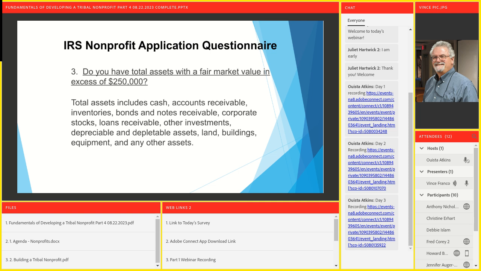Again, for a new entity wanting to be a nonprofit, this is probably a moot point. They probably don't have a bricks and mortar building yet. If they do, it probably is a storefront or something of lesser value, if they're lucky enough to have that. Do you have fair market value of assets of $250,000 or more? Hopefully the answer is no. For new organizations, new entities, this should be an easy, no-brainer no. You have to answer no to that one.